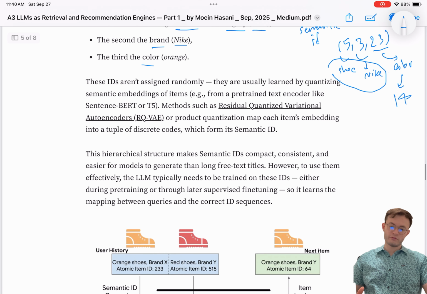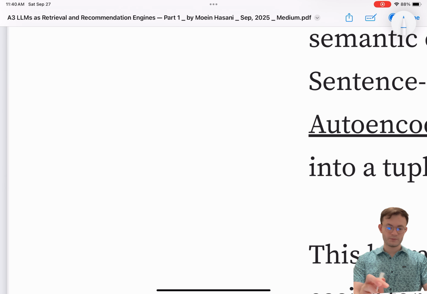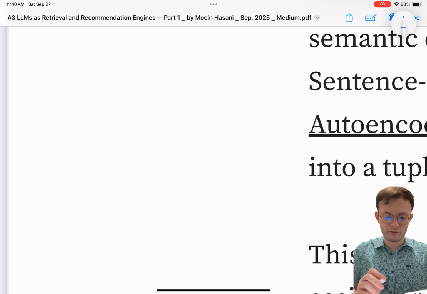And one very famous method of doing so is residual quantization variational autoencoders, or for short RQVAE. The way this RQVAE works is basically, let's say we have an embedding model.